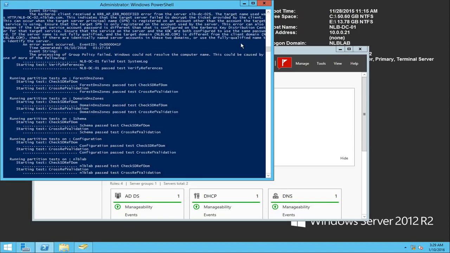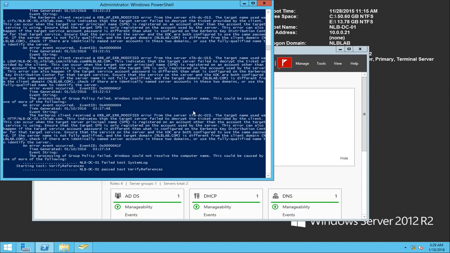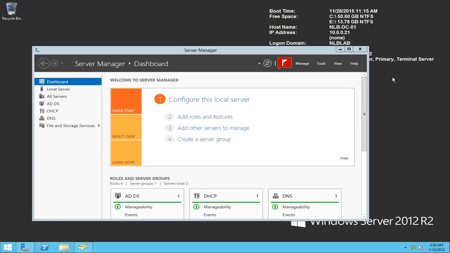So let me show you. You can see that the Kerberos has lost the ticket information, and currently is not able to authenticate that this server is a domain controller, and it's not able to replicate any information. So this is a good way for me to show you what you can do if you have such an